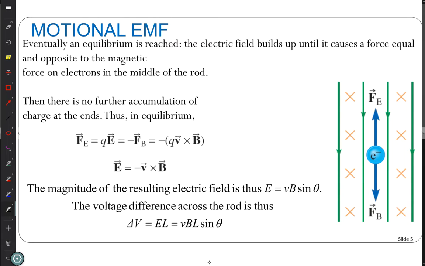This here is simplifying that equation to, since the electric field is minus V cross B, and then you have that cross product of electric field cross with D, then it turns out that the voltage difference is the speed times the magnetic field strength times the length times the sine of the angle between the direction it's... I better check on what that angle is between the velocity and the magnetic field. So, if you have that problem, which, like I said, I'm probably going to give you, that's how you calculate